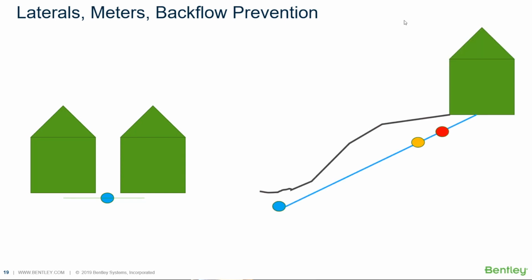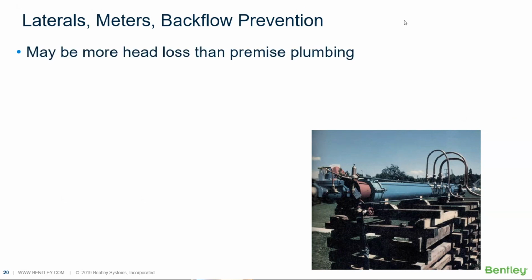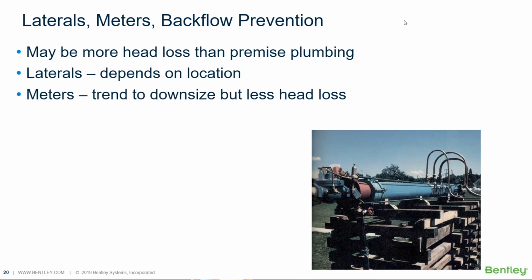On the other hand, we have places where you have these McMansions where the house is 100 feet back from the water main, and the things that happen in terms of head loss and water age in the service lines become important now. The water doesn't move instantly. You might think if you know what's going on in the main, then you must know what's going on in the building. Well, that's not really true. There actually could be more head loss in the laterals, meters, and such than there is in the entire premise plumbing system. So you need to account for this. We just can't assume that the pressure in the main is that in the building. And it depends on the location, of course.